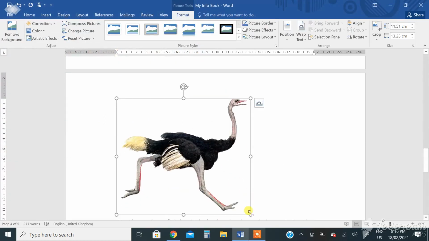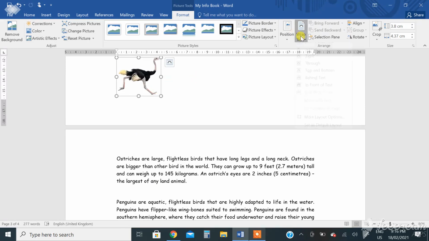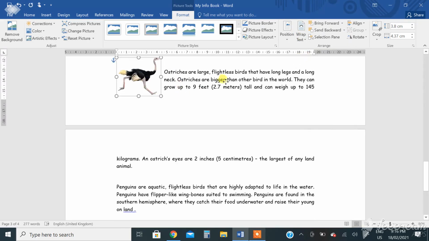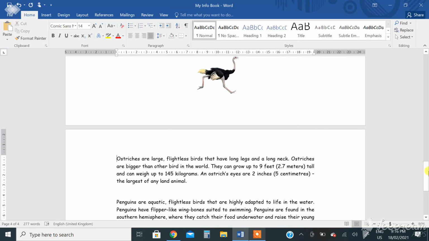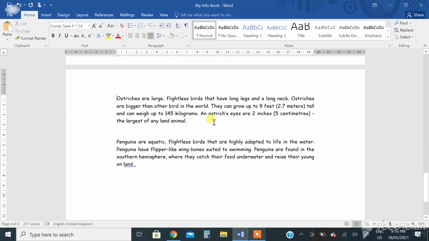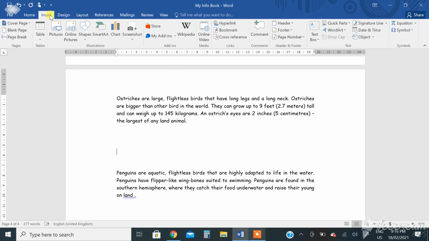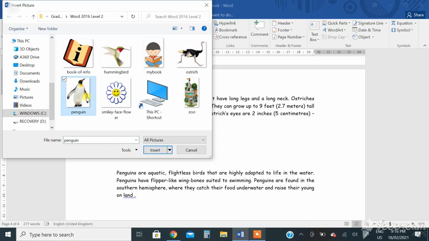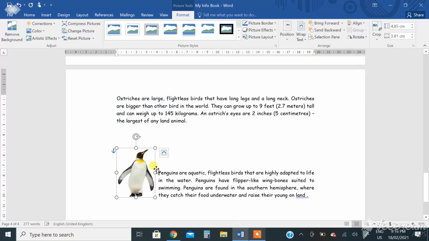This one, make it small, and Wrap Text Square. And then third picture is this one. So Wrap Text Square.